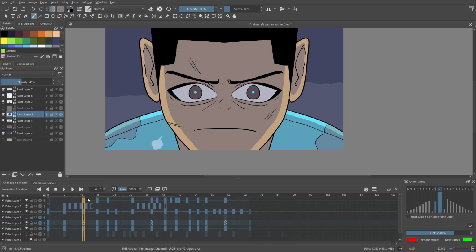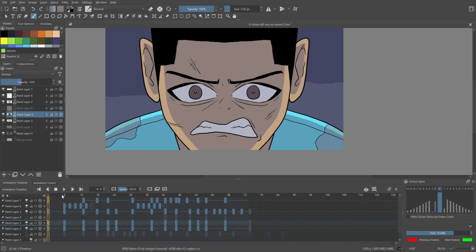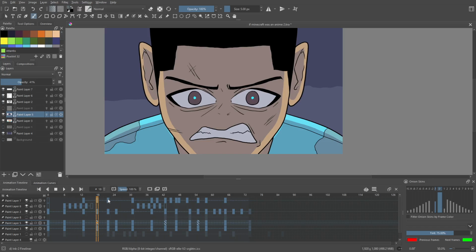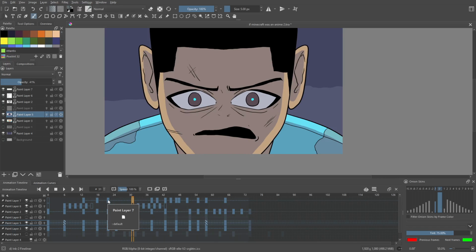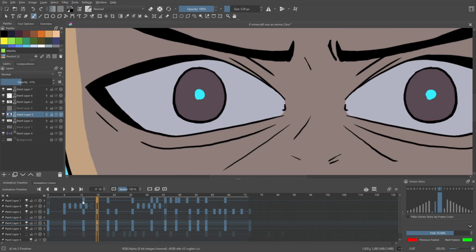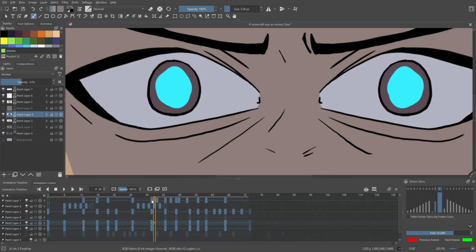And then this is his eyes, I do believe. This top layer right here is his eye color. It starts off with nothing going on, and then on this frame, adds a little bit. This frame, same thing, same thing. All of these keyframes here are because they need to move up and down. This one's up here, then it goes down, then up, then down, then it starts to grow.